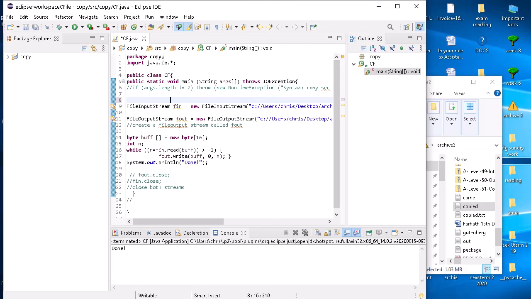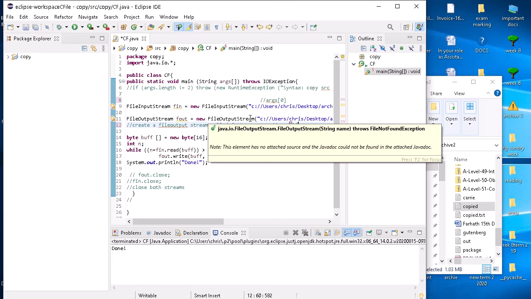I could have actually just written this, args0, and the value of args0 when you run the program is going to be exactly this string here, and the value of args1, so it's the second value of args, which is